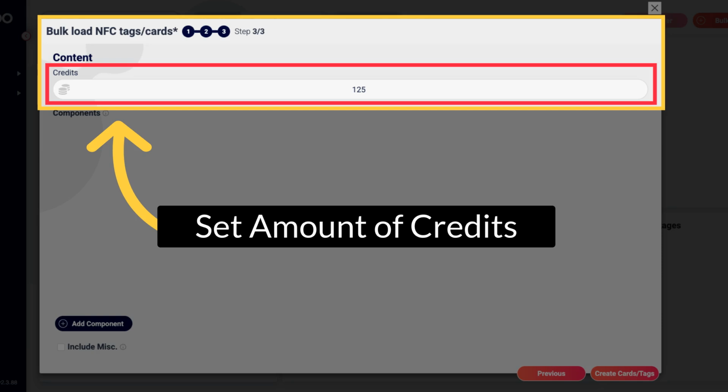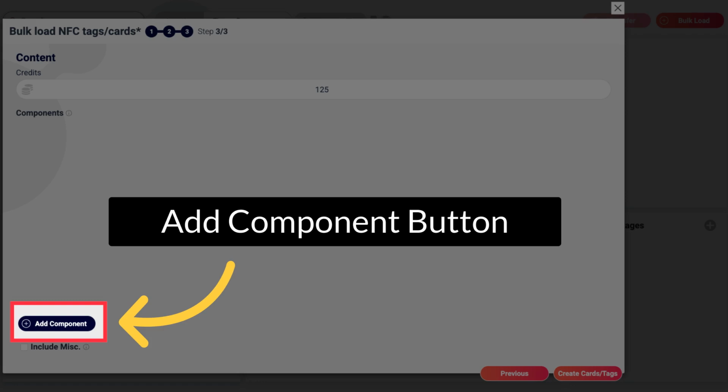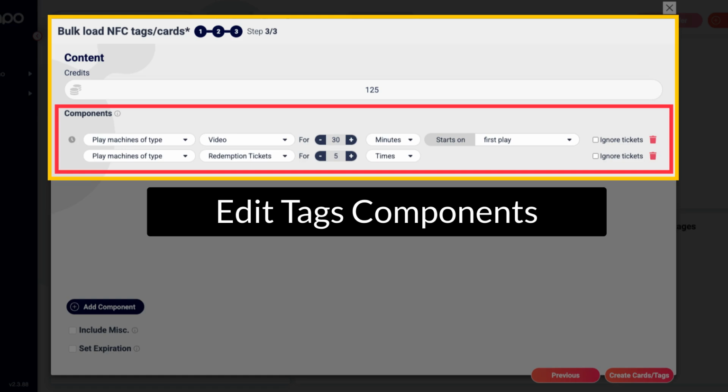Optional. Here you can grant users a number of credits when they purchase an NFC tag. To define the core elements of the preloaded tags, click the Add Component button as highlighted in red. Edit the components of the preloaded tags by selecting the machine types, duration, and setting the number of play sessions